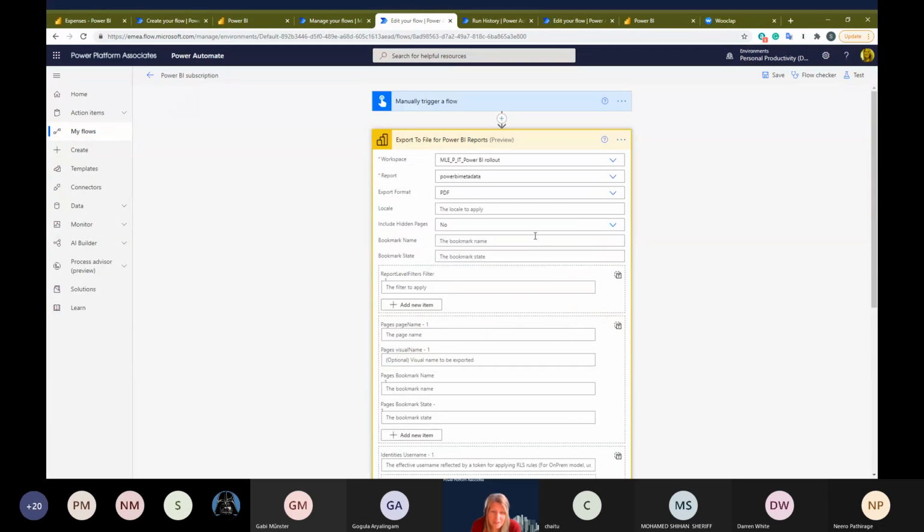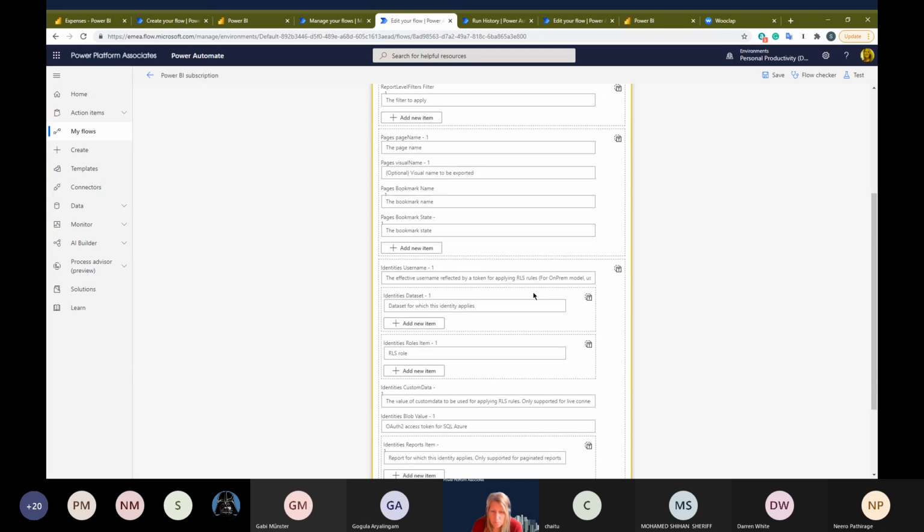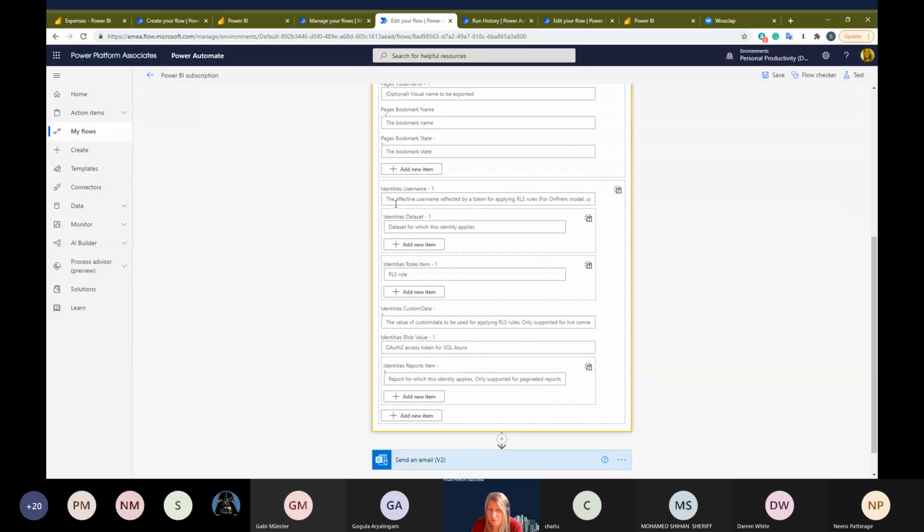Here for the demo, but they are very interesting because, of course, you can provide a locale to apply. You can choose to include or not the hidden page. You can use some bookmark as well. You can use filters, and you can specify for the different pages what you want to see as well. So you can walk page by page. And what is interesting is that you can also work with identities to be sure that the role level